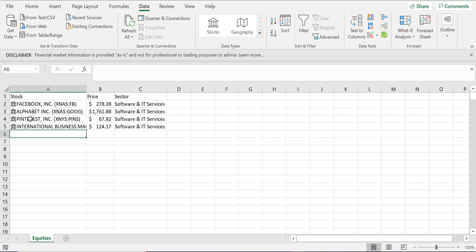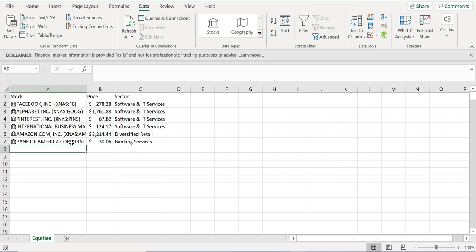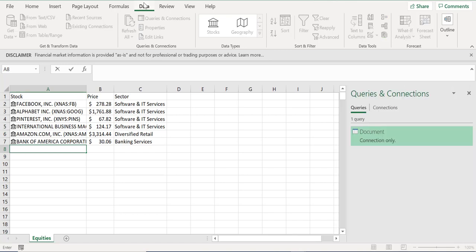Amazon. There you go. Now let's do another one, because so far I've been pulling in software companies and one diversified retail. Let me pull in something from the banking sector. So Bank of America. There you go, banking services. Now, as I've already mentioned, the feature that allows you to pull in live stock prices, which is this data